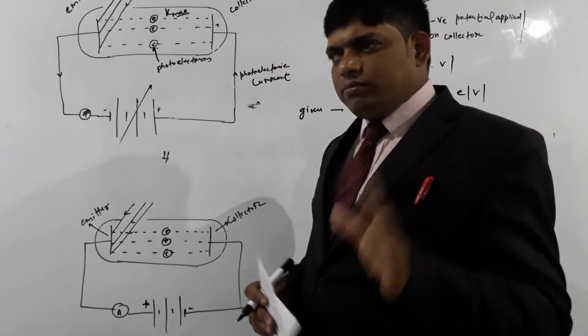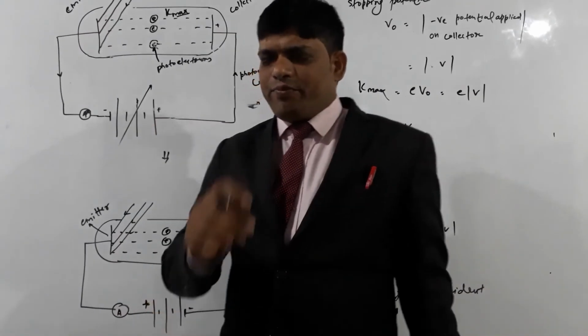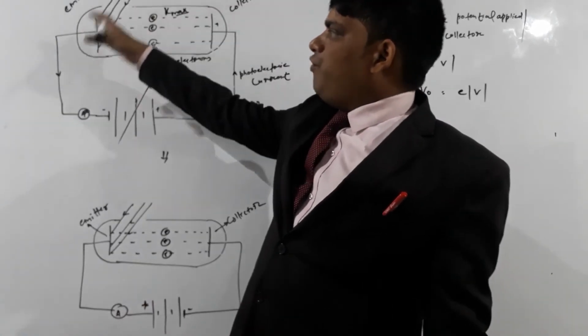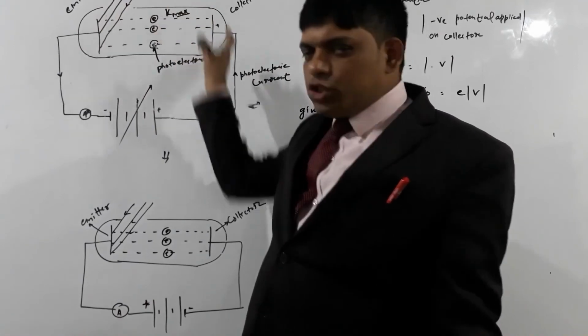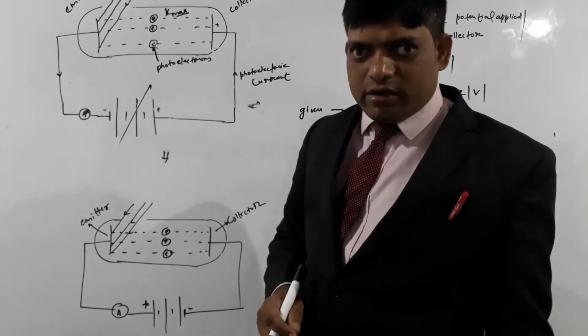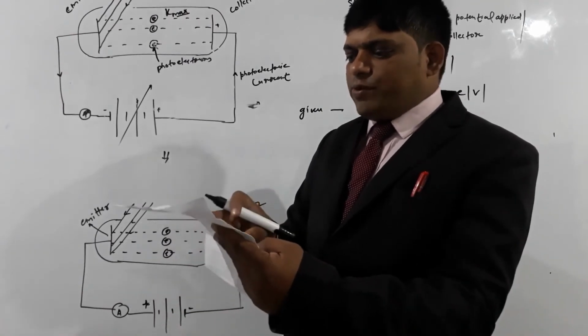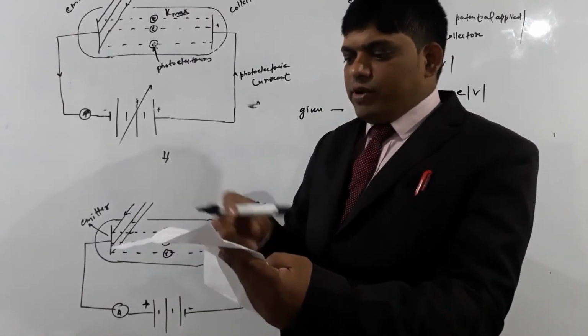It means we have discussed here that the frequency of the incident radiation will not affect the magnitude of the photoelectric current. So option C, which says that if a higher frequency photon is used, the photoelectric current will rise,